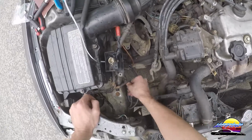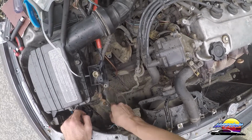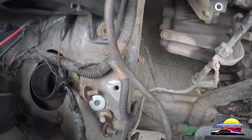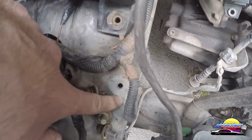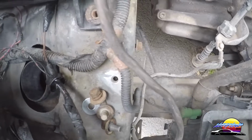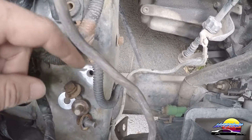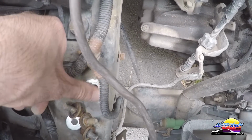And I've done the ground cable, as you can see here, grounded to the chassis. I sanded it underneath. That's the engine grounded to the chassis. One thing to note when you're making the ground, you want to make sure that you sand down the metal all the way down to bare metal so that you go past the paint. Don't rely on the bolt to do the grounding, but actually sand it down so that once the ring bit is on there, it's actually going to have metal to metal contact and you're going to have a much better